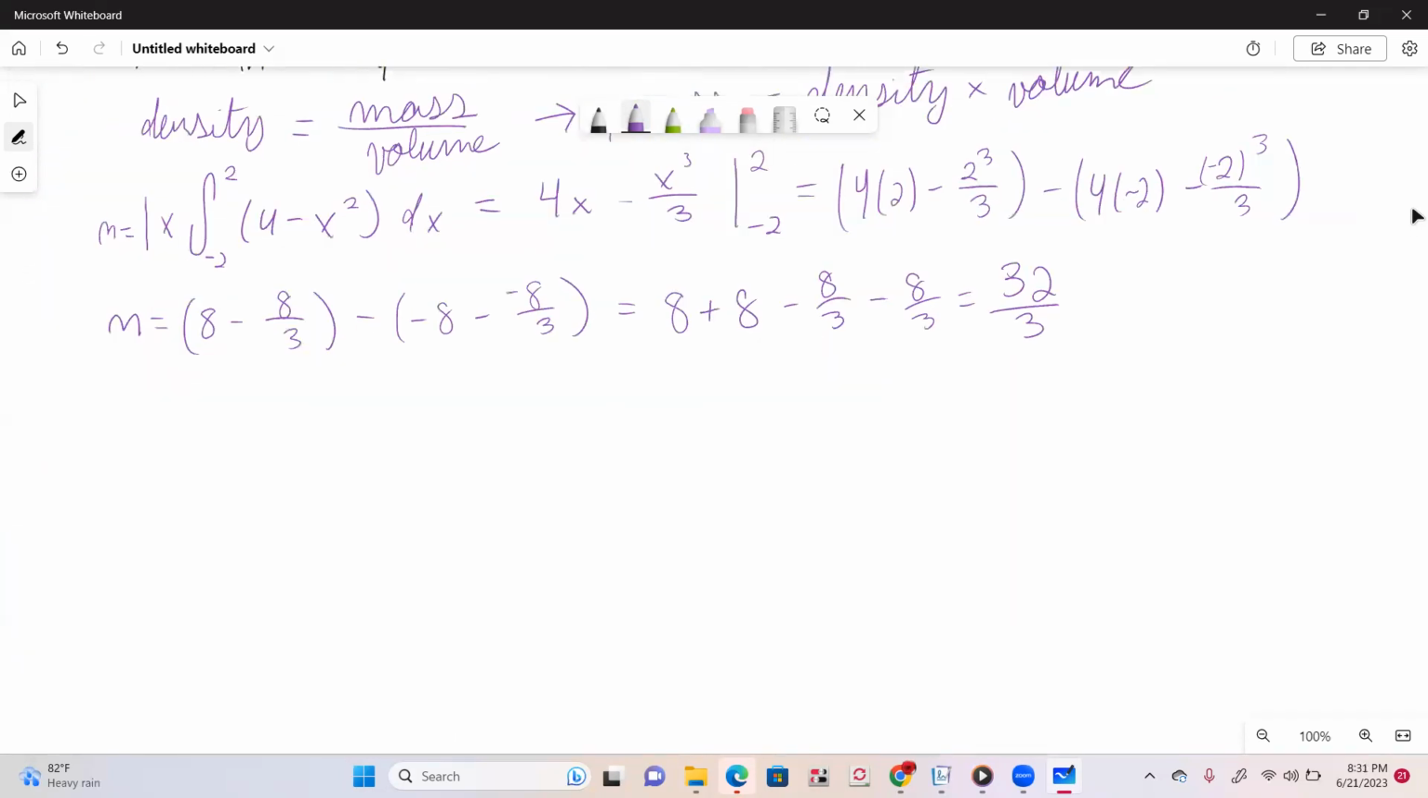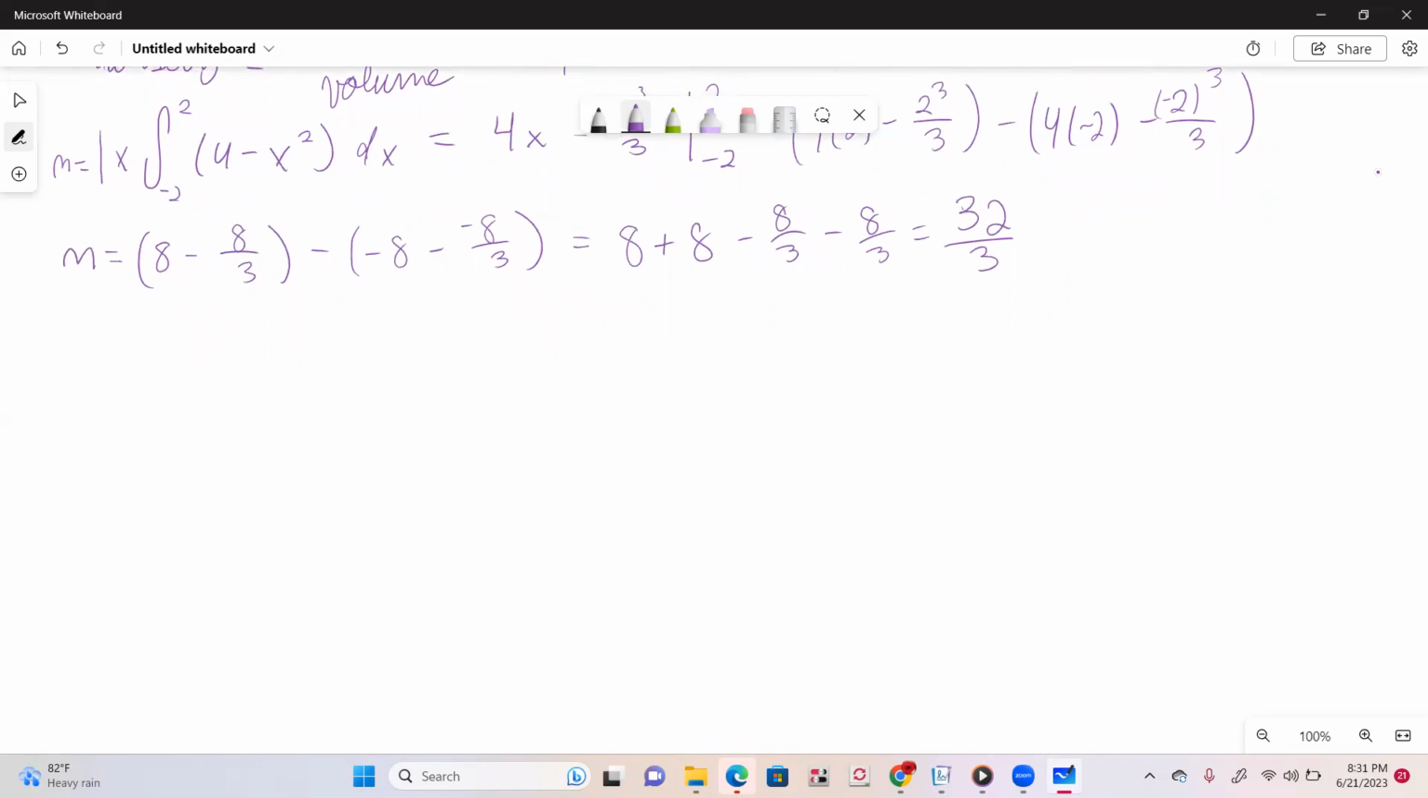So now we've actually found all of our missing values that we need for our x bar and our y bar. So x bar, remember, it is the moment about y over our mass, and our moment about y, remember, was 0. 0 over any number is equal to 0. So that's going to be our x bar. And our y bar is equal to the moment of x, which was,